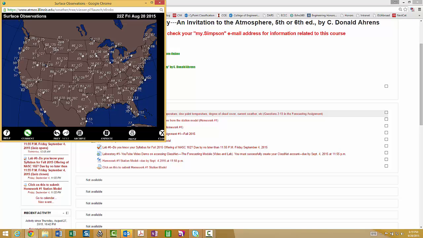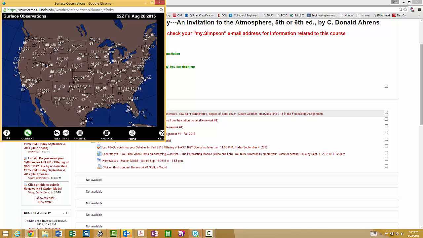Paul, and as you're going to learn from this particular exercise, this provides us with the air temperature, 73 degrees Fahrenheit, the dew point temperature, which you'll learn later what dew point temperature means, is 60 degrees Fahrenheit. You'll also learn about the wind direction looking at the station model.